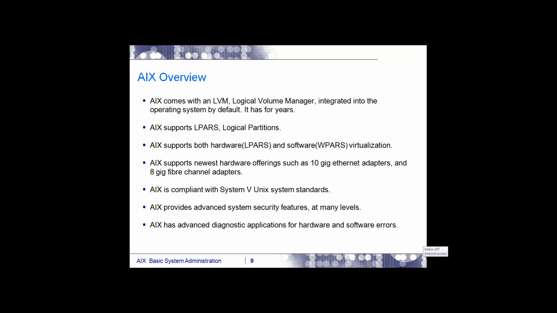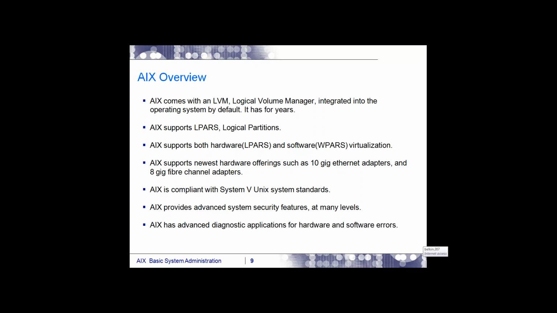LVM. LVM stands for Logical Volume Manager. Basically, it is integrated into the AIX operating system from years. From years means it is available from the starting versions of AIX. For example, in other flavors of Linux and Unix, first we have some default partitioning, and after this default partitioning shows a drawback, we go for LVM or RAID.